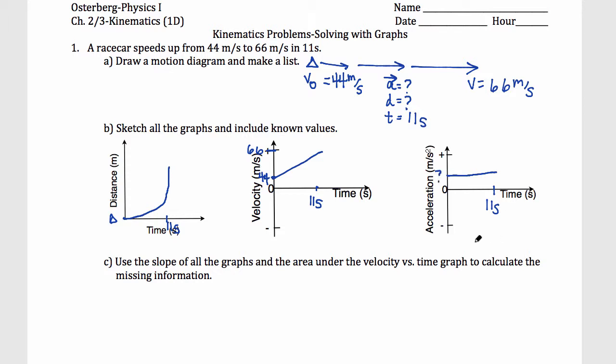And we don't know what it is. We just know it's positive. Okay? So that's all we know so far. We also don't know the distance. We weren't given that, so that's a question mark. So make sure you have your labels on each of the axes, so double check them because that's all worth